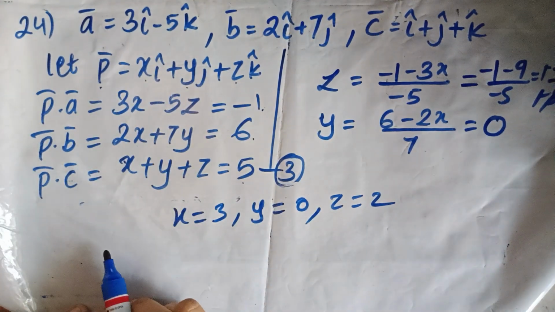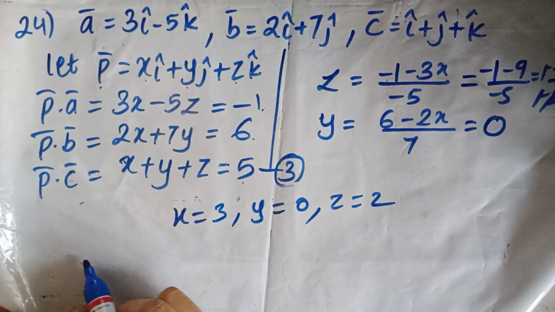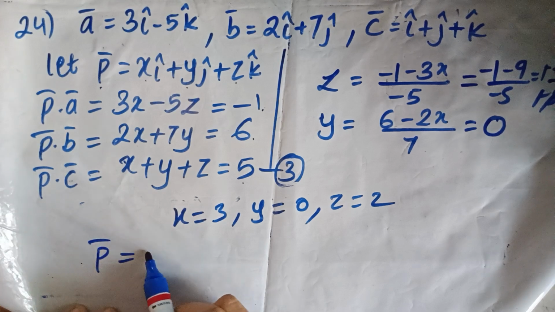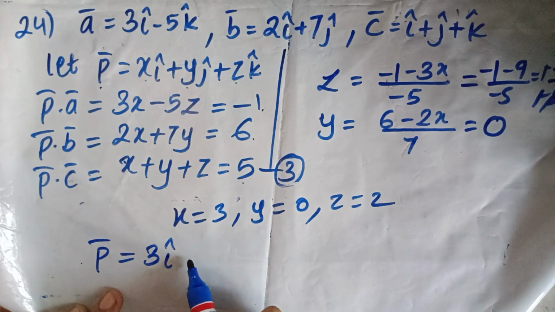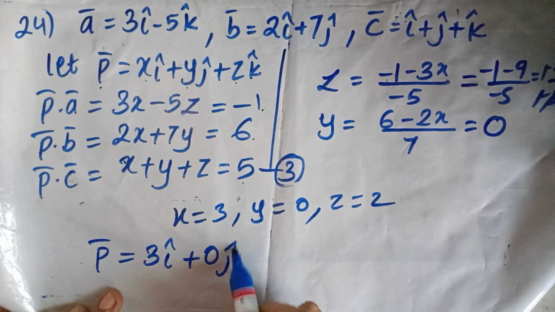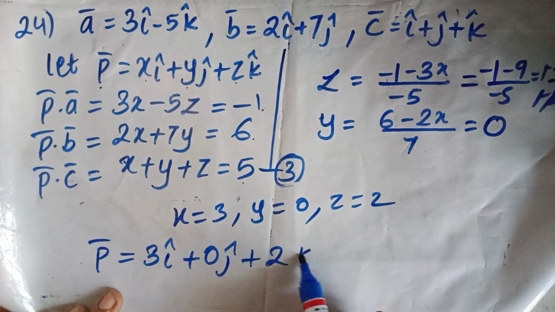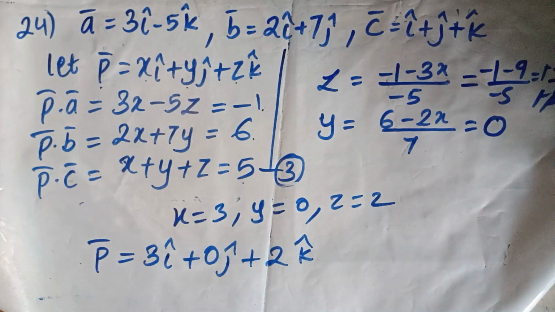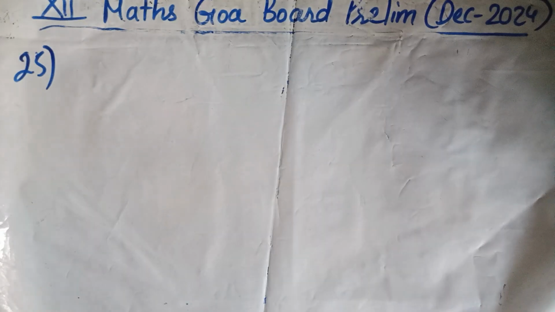So our P is 3i plus 0j plus 2k. Okay. Next question is you have to prove the property of definite integral that I have done during the chapter. So you can just check over there. Next question is